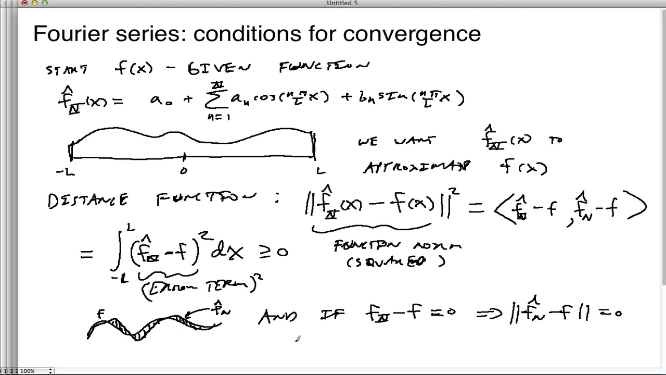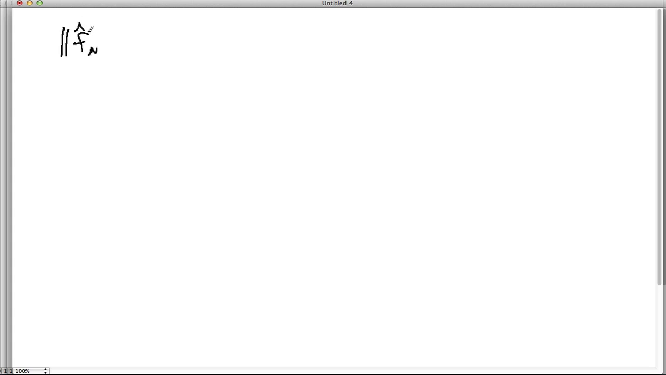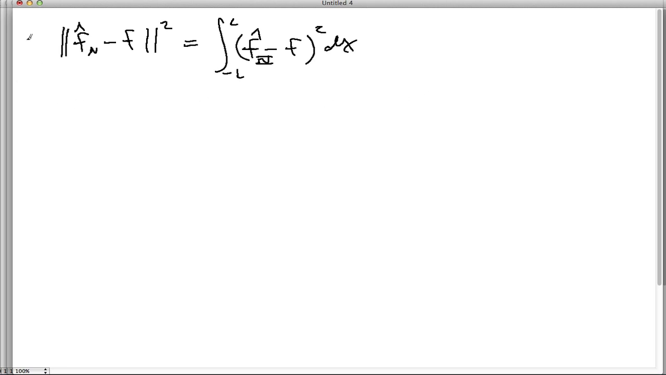And so we learned an important thing, so let's write this down again. This is our distance function, and that gives us a way to help us approximate f using our Fourier series. So this is our Fourier series. With this distance function, we're going to square it, and of course that is the integral from negative L to L of f minus f hat n, quantity squared, dx. If we want to minimize this norm, we learned that this quantity right here is minimum